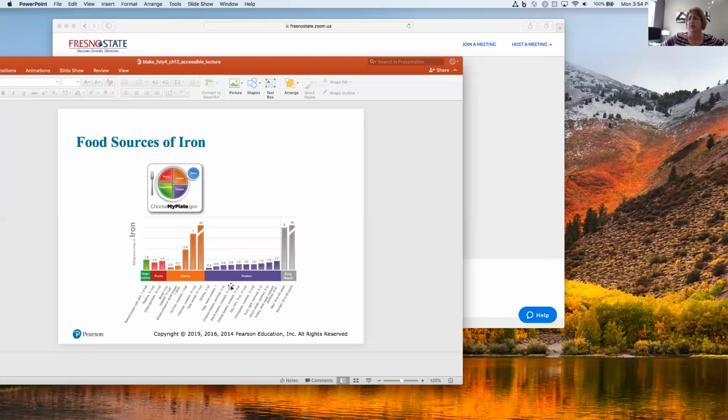So here's some sources of iron. So you can look at it. There's some that are animal-based, and then there's some that aren't. So even if it was plant-based, what could you have? You could be having some pasta. You can have whole wheat pasta, or even white bread, and it actually would have some iron in it. And then what you would want to do with that is that you would want to have some sauce,